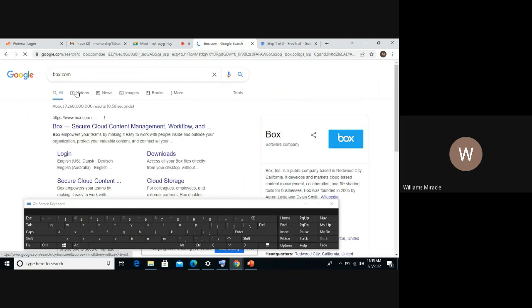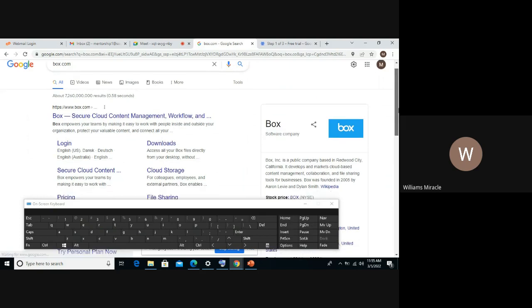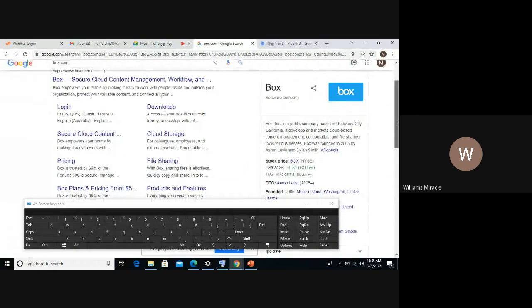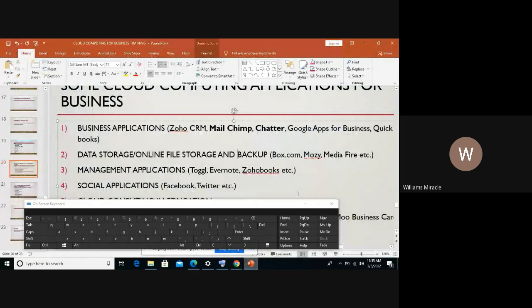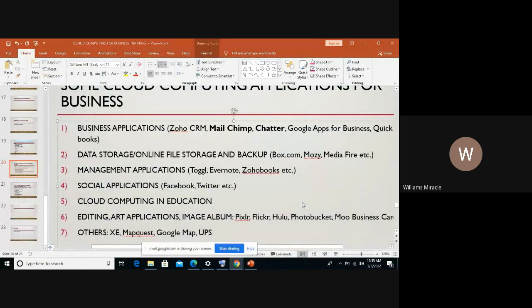You just have to sign up and start making use of this to see how your information can be connected. So box.com is a very good one for the function which it provides.